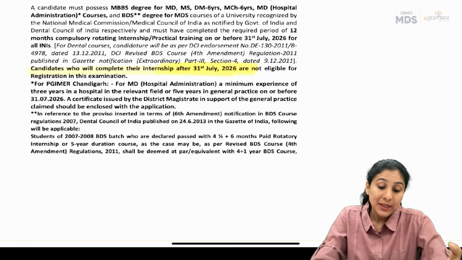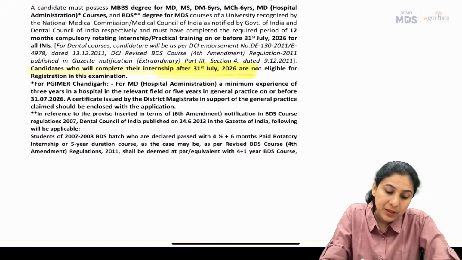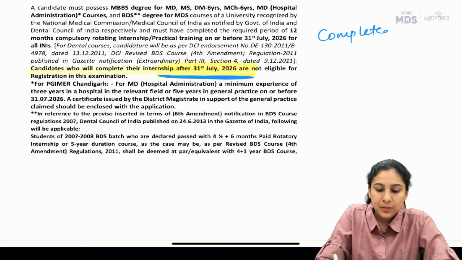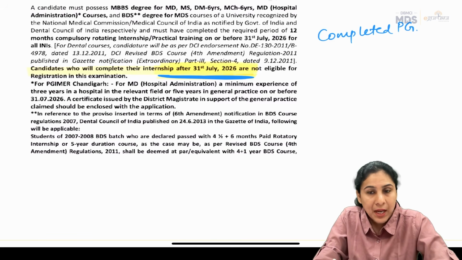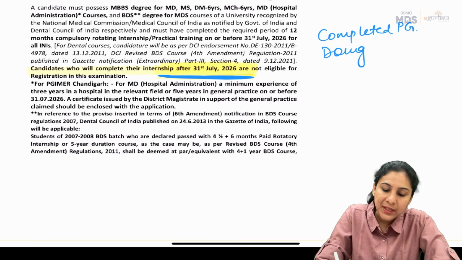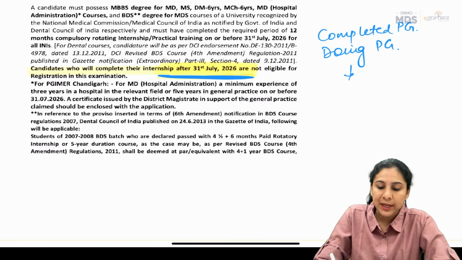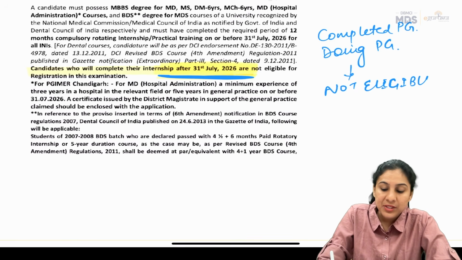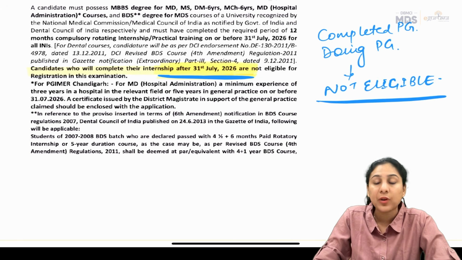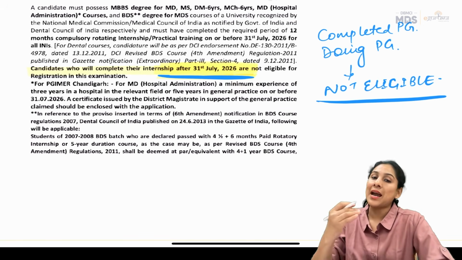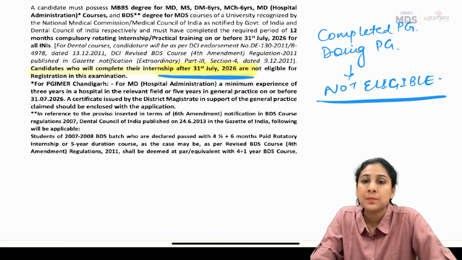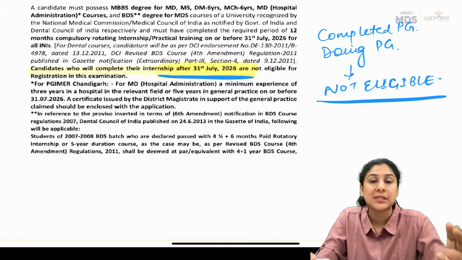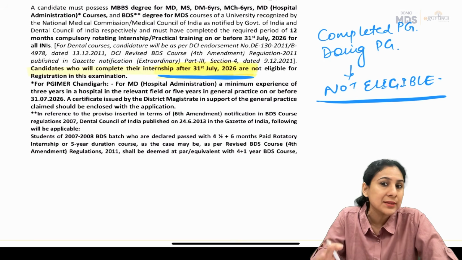eligible. The new rule that came last year was that if you have completed PG in any branch, or if you are doing PG in any branch, you are not eligible. You're definitely not eligible. In NEET, you are still eligible. You can take the NEET even if you have completed PG or if you're doing PG. But for INI-CET, since last year, this rule has come that if you're doing or you've completed your PG in any branch from any place, you are not eligible to take this exam.